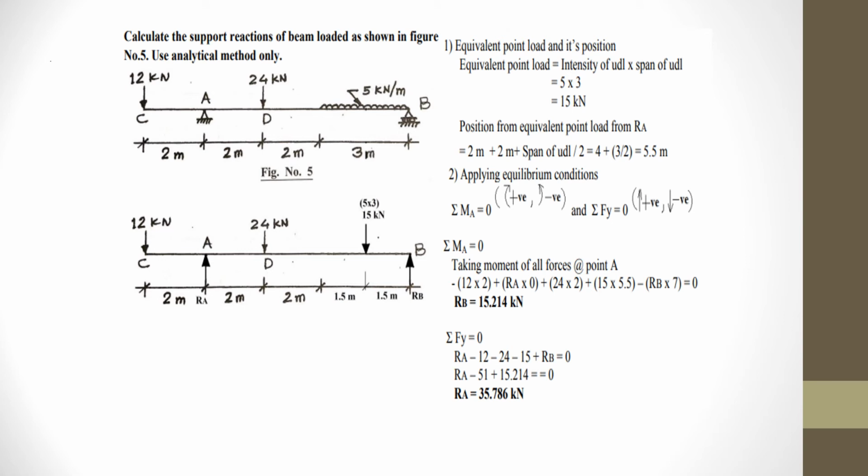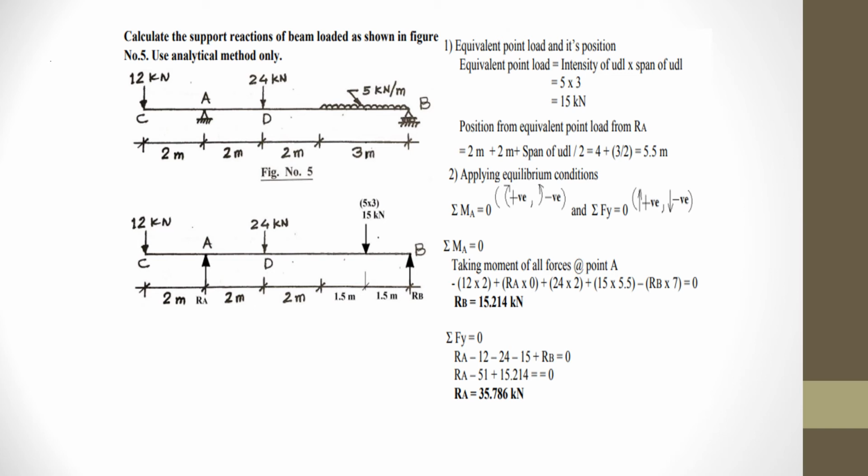Now we will see the next example. Calculate the support reactions of beam loaded as shown in figure. Use analytical method only. So we have to find support reactions here. For this we will draw the free body diagram like this. So 12 kilonewton is given. There is a point A. So here the reaction is upward, it is RA, and at point B there is a reaction RB,